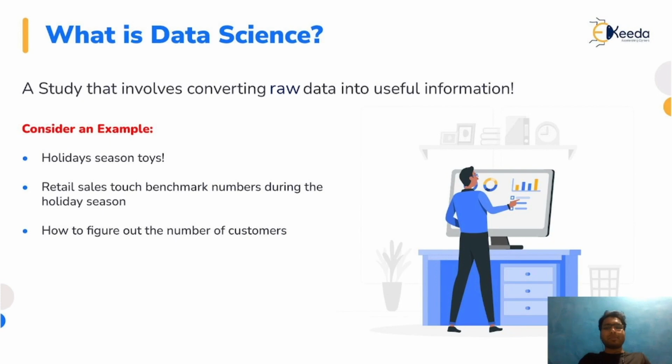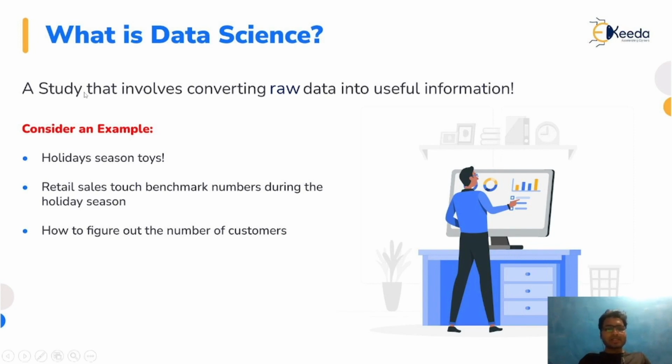Let's take the example of a machine, or let's say a laptop. We are just using the laptop, but inside the laptop a couple of operations are being performed. If you understand that functioning, that is called science. Similarly, when we say data science, it's all about understanding the data: understanding the behavior of the past, and how you can utilize that data to derive some information. Exactly that is called data science. So whenever someone asks you what is data science, you should tell them that on the basis of the data we should be able to understand the behavior, and we should be able to make some future predictions using that. That is data science.